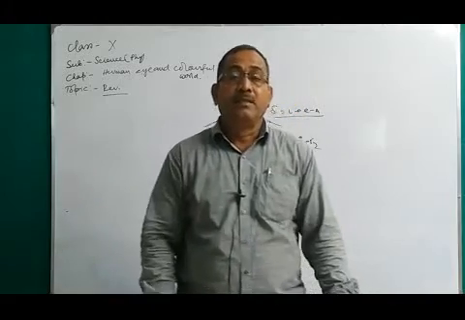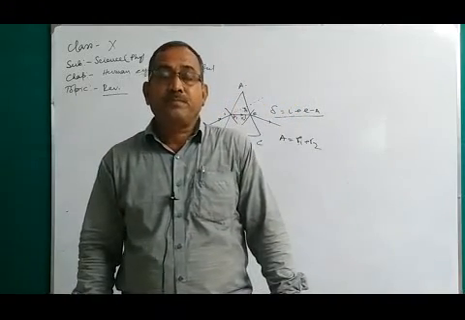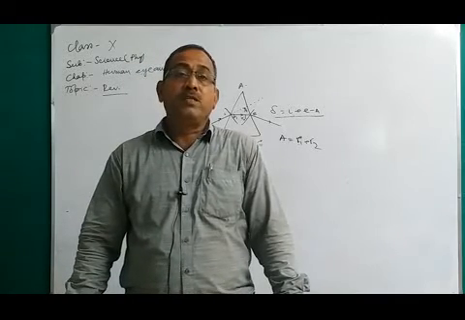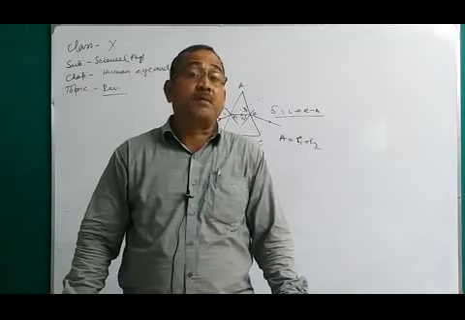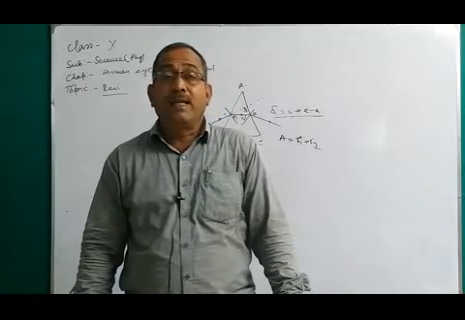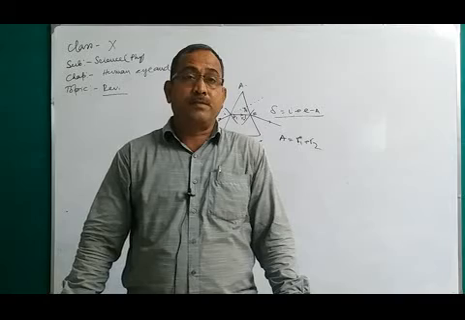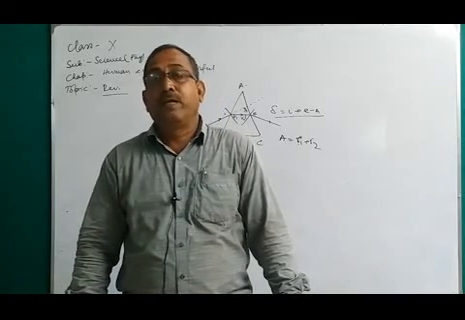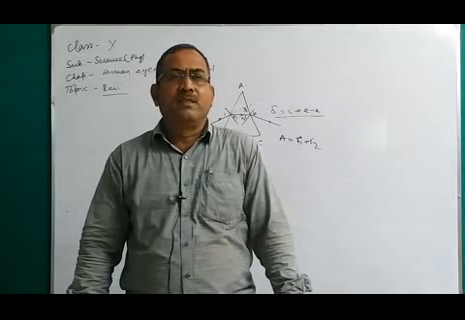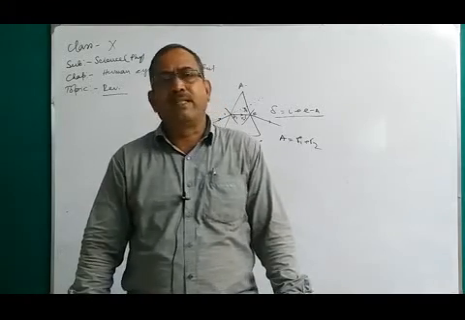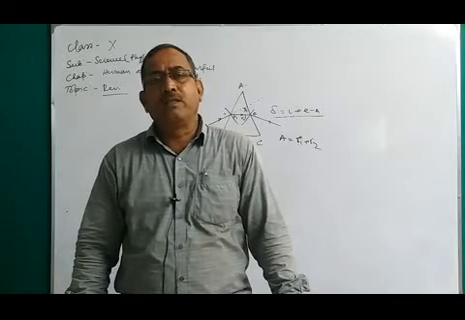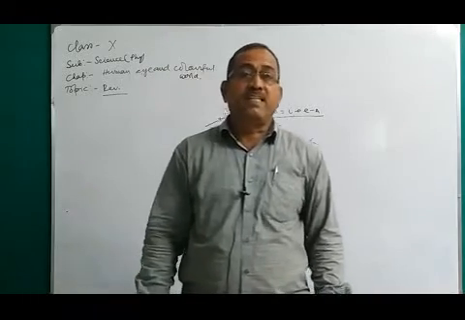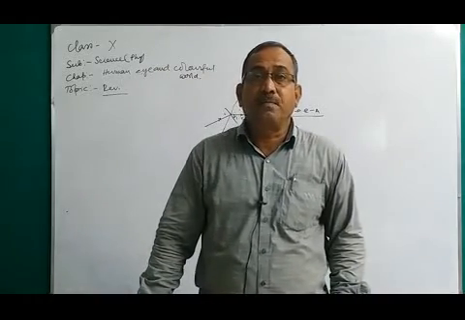Am I clear? So on the basis of wavelengths, we use the colors of light for different purposes. Red color is used for a danger purpose. Green color you use at the ambulance, and in many activities you see. Why is it? Because its scattering power is maximum. So what is the scattering power?